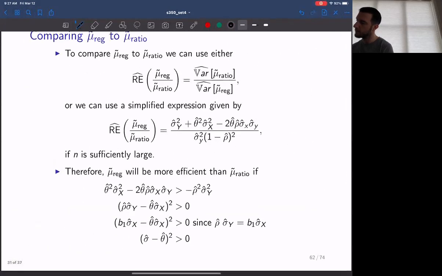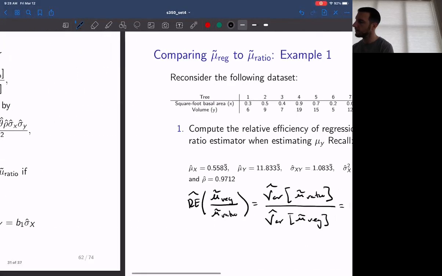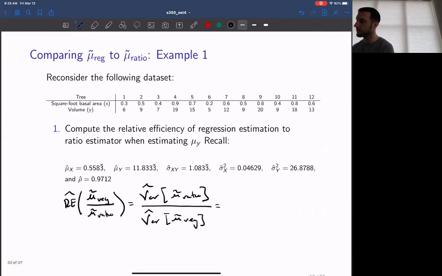I guess we could try and do it this way. We'll have to get an estimate of theta. Let's do it the other way. So following from what we did on the previous slide, we can always get a direct estimate of the relative efficiency simply by simplifying the variance expressions. So here we're going to have 1 minus little n over capital N